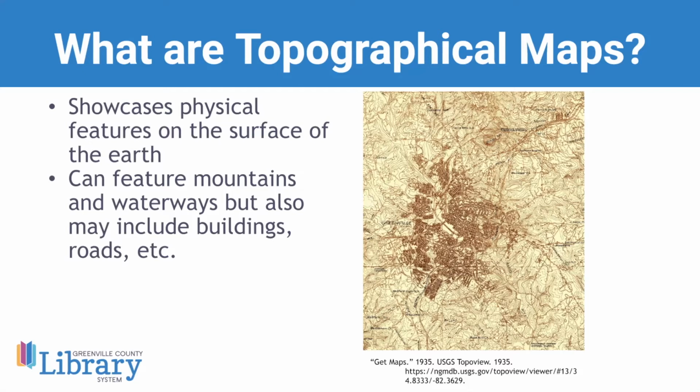But they can feature all kinds of different land features such as mountains. They can feature rivers and waterways, but they may also include buildings, roads, railroads. Genealogists can really use topographical maps also even sometimes to locate churches, cemeteries, helping with boundaries as we talked about before. You can even try using these for studying connections between places, like I mentioned, like railroads and roads, but even trails sometimes can be on these maps.